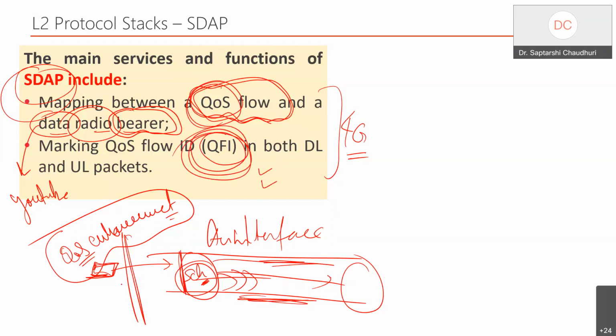And this is where the entity, the SDAP, does what we call flow control. Because what is happening till now in 4G, we just send the packet. But the scheduler is also a bottleneck. So if I don't do the flow control with respect to this SDAP, this scheduler is getting bombarded with all varieties of data packets. But with this SDAP, a little bit of flow control, I can easily manage the congestion control at the scheduler itself.